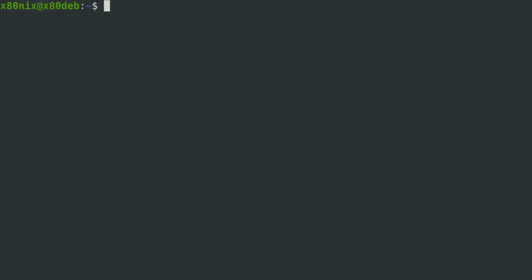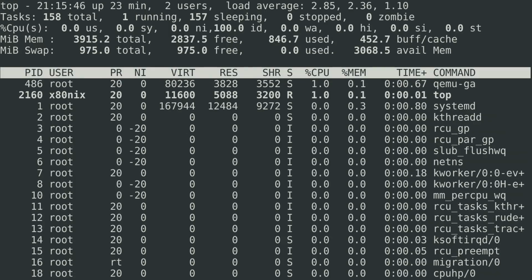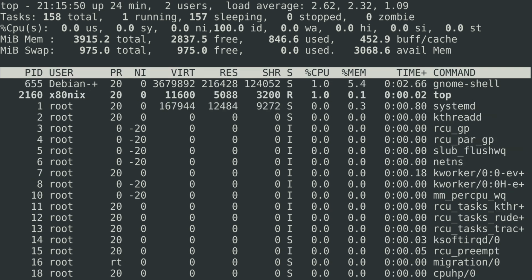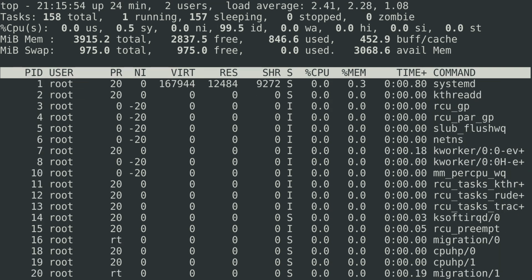So I'm going to cover top very briefly here. It provides another way to monitor processes and it automatically updates on its own to provide a real-time report. I'll run it with the -d parameter and pass 1 so it updates every second versus the default 3-second refresh. So that's just top -d1. And top is one of the core tools used for process monitoring. In this video, I'm not going to cover it in depth. There's some summary statistics followed by a list of